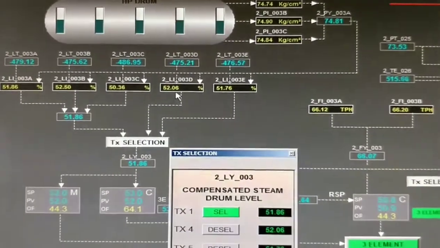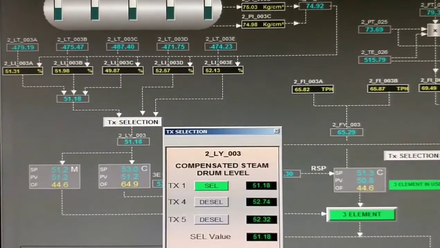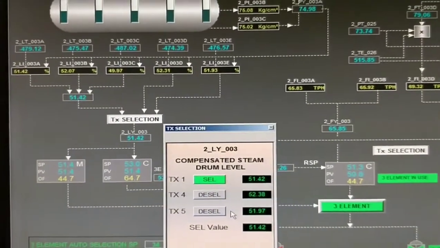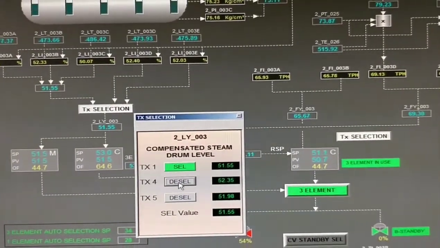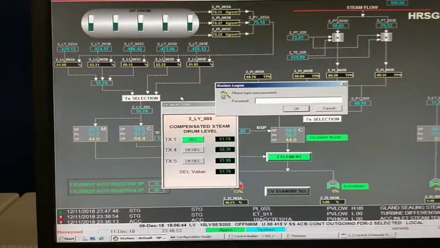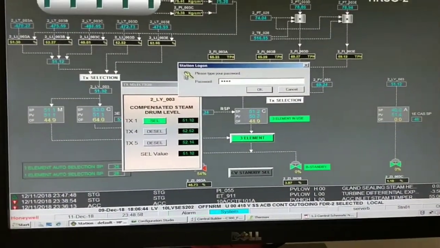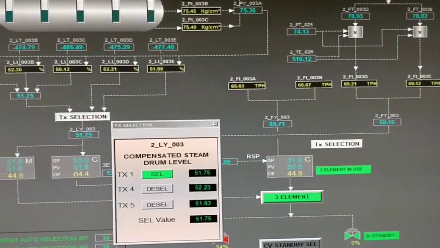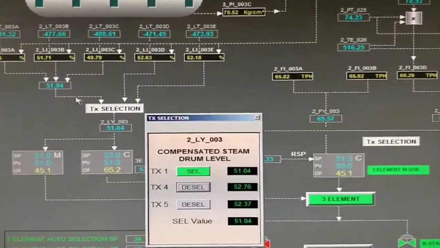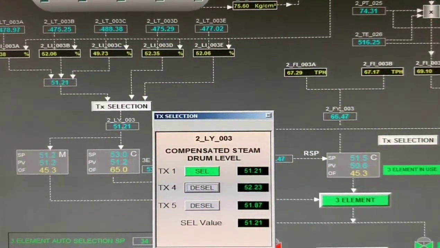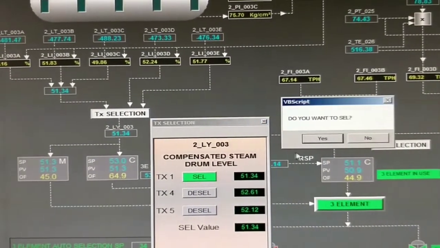Now if, for accuracy purposes, we want to add the D and E level transmitters, then we need to add them in this selection. Here we need higher security, so we will change the lock. Now we can add this transmitter in the calculation. So here you can see 51.05, 51.05. These two readings will be the same. And once we add this,